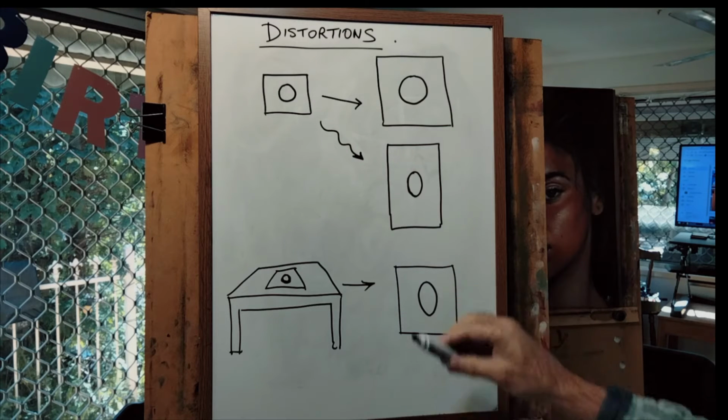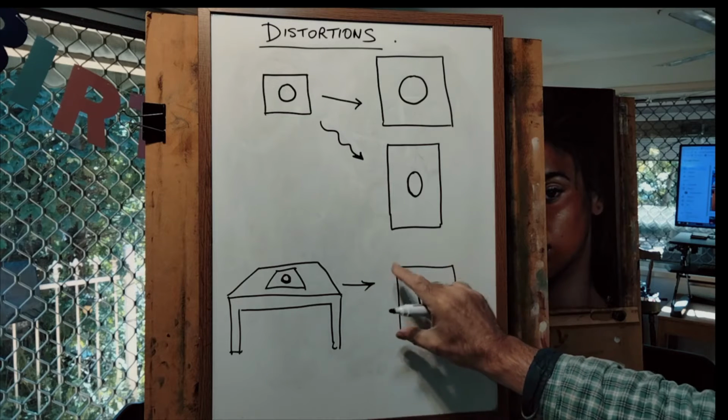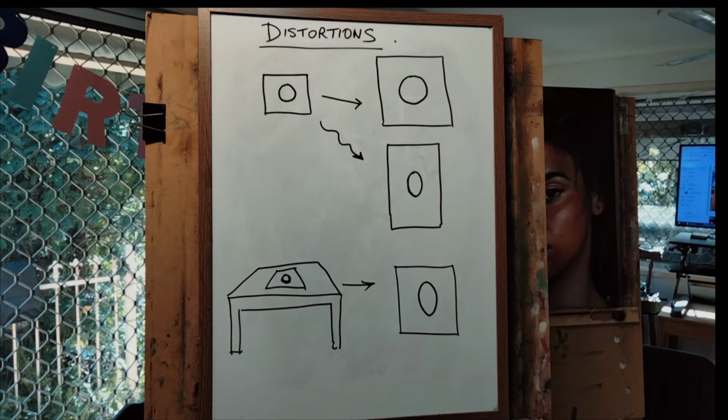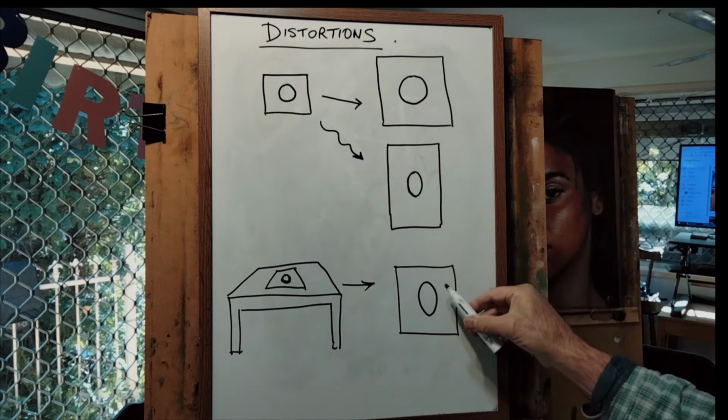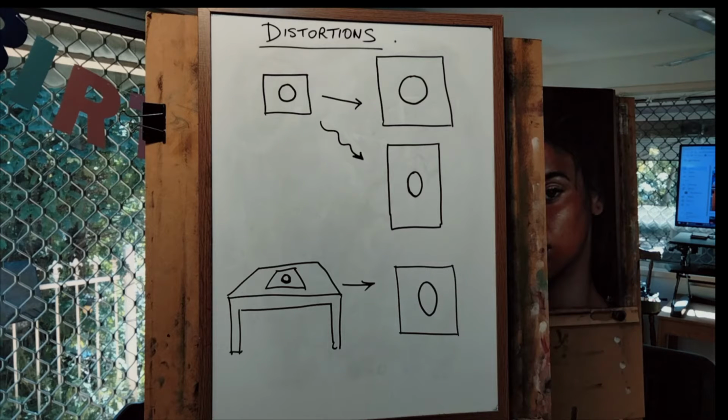But when you pick it up and see the piece of paper as a square, when it's directly in front of you, you will see that you've had a tendency to draw that circle as an oval. So that's why it's very important to use an easel or some way to have that board